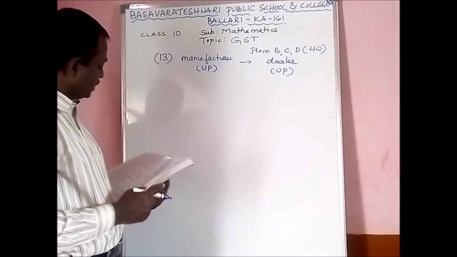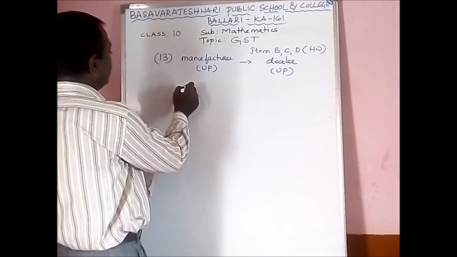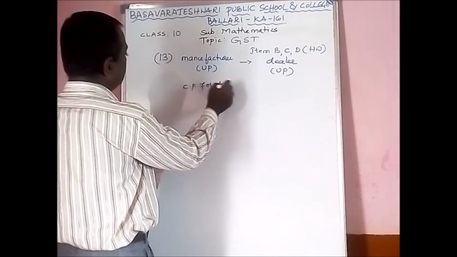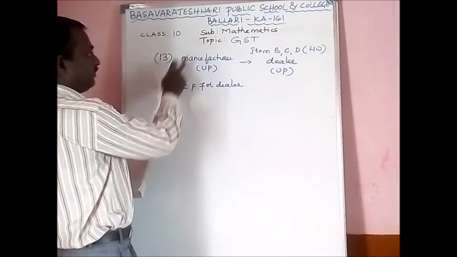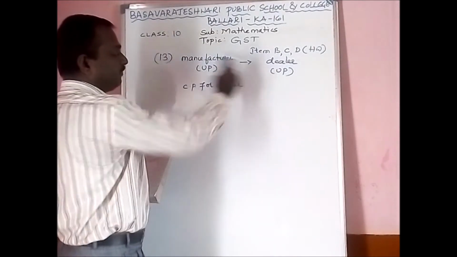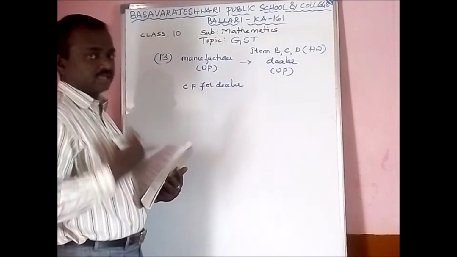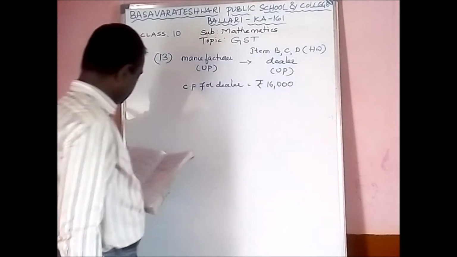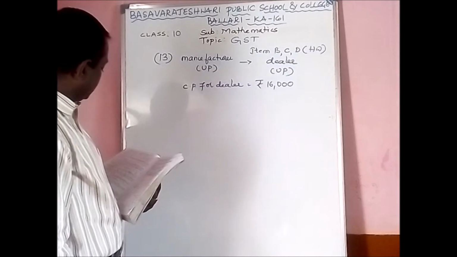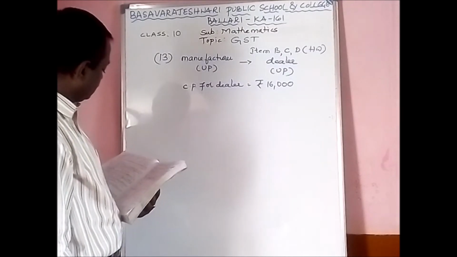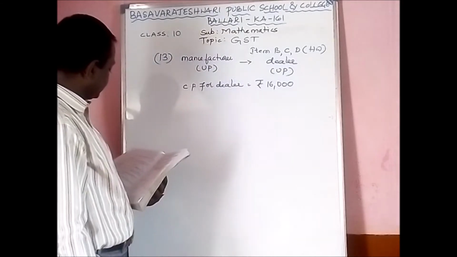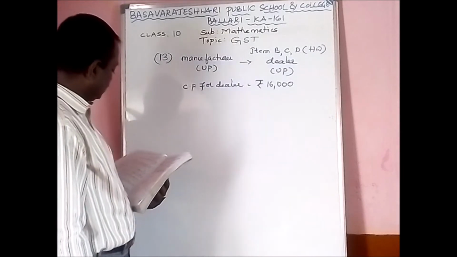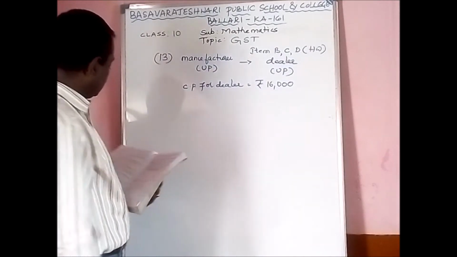So for 16,000 rupees. So what is the CP for the dealer now? It is a selling price for the manufacturer, but it is the CP for the dealer who purchases the cycle. So the CP for the dealer is rupees 16,000. This cycle was sold to the dealer, then sold to a dealer in Ujjain. Now first we will find out the CGST and SGST, the input GST payable in Agra.